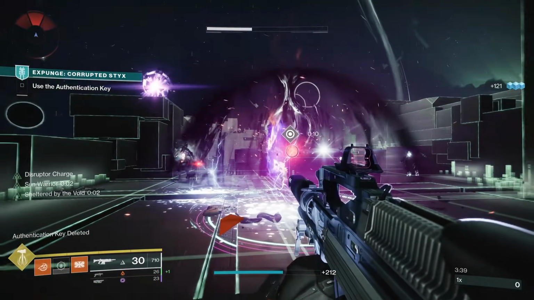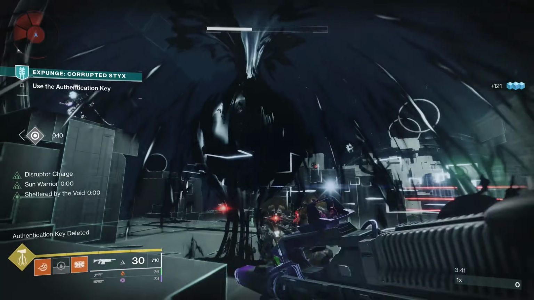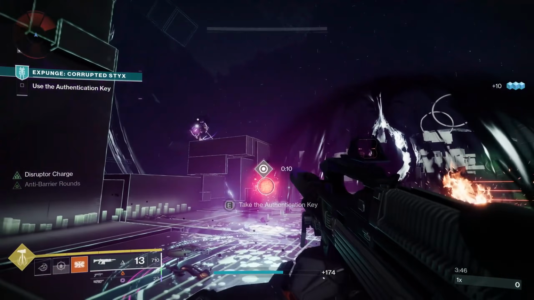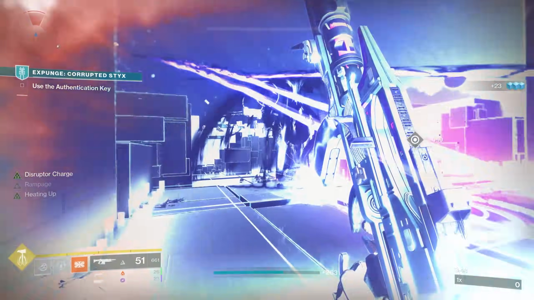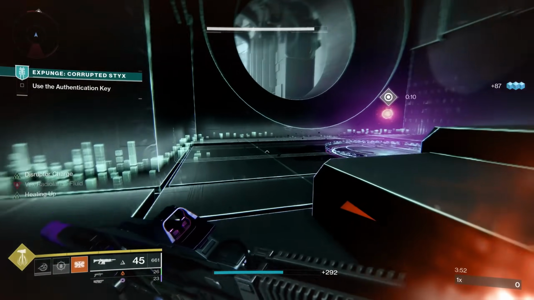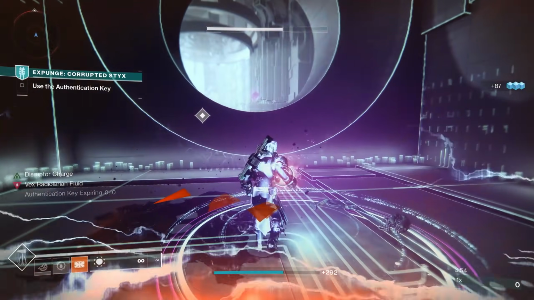Now, because I've unlocked it, the key is still here. The only thing you have to do at this point is break this. Now, if you feel like you're going to die, you can junk out. Killed most of the ads. Should be able to grab that. A little ammo. Now I can grab the key and the door is open, so you have to kill the